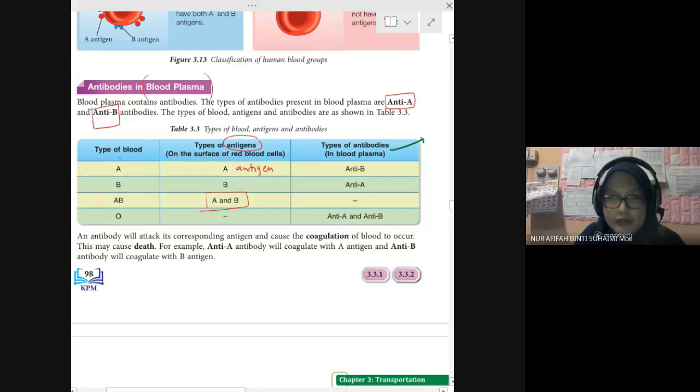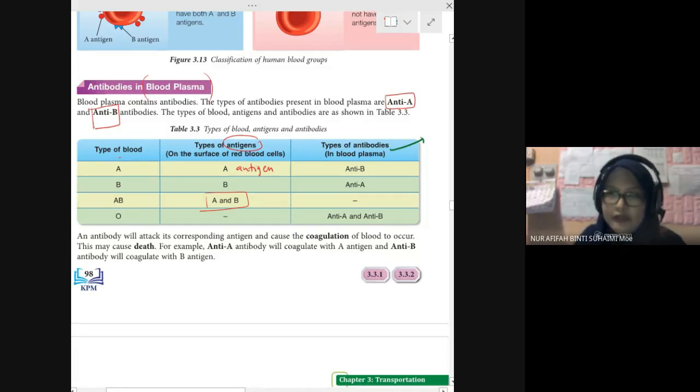Saya repeat. Okay, type of blood A have antibody B. Group B, type of blood B have antibody A. AB doesn't have any antibody, and O have both antibody A and antibody B. Okay. What I want to mention just now is AB, because it doesn't have any antibody, so that's why